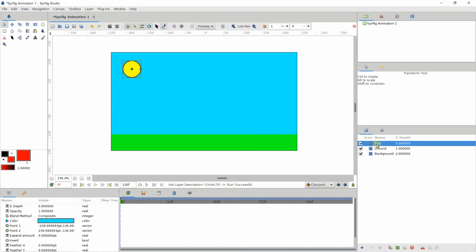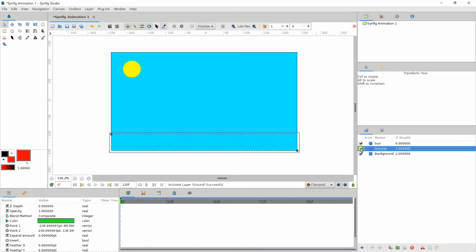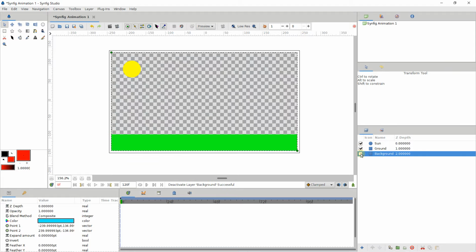You have the possibility to change the position of the layer. You just left click and you can drag and move. For example, I can position the sun layer totally on the background, because it's here. You can also use this arrow. You have this icon and you can raise the layer like this, or you can lower the layer. So yes, you can do what you want. At the same time, the thing that you need to know, you can remove the visibility of the layer with just a left click like that.